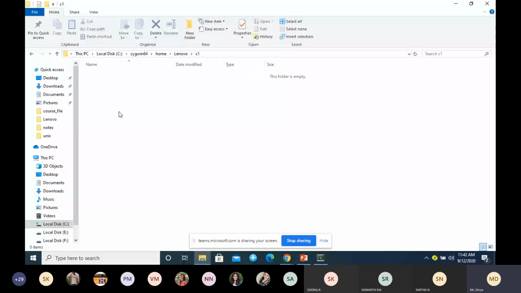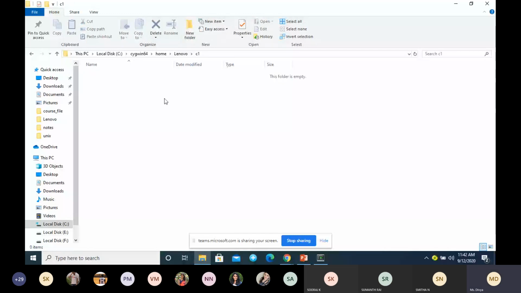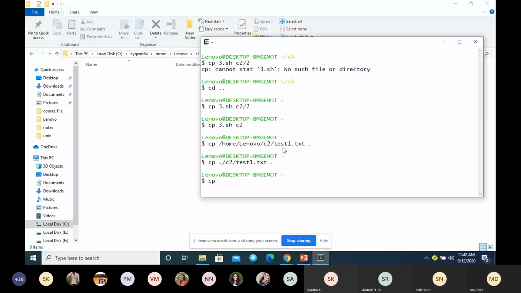I want to copy test1 and test2, both the files, multiple files, to the C1 directory. So I'll be typing test1.txt with a space test2.txt to C1 folder. So these two are my source, and I want to copy to the destination.